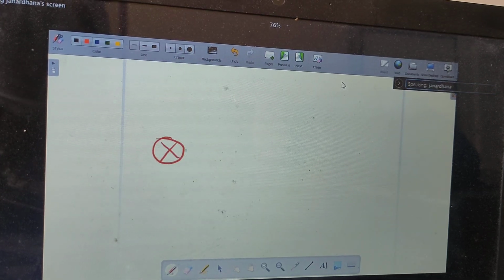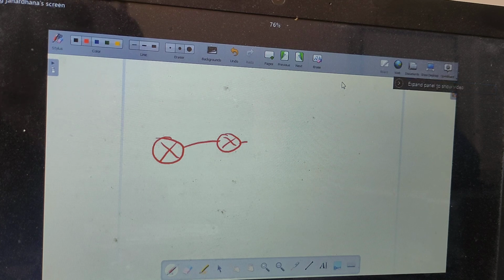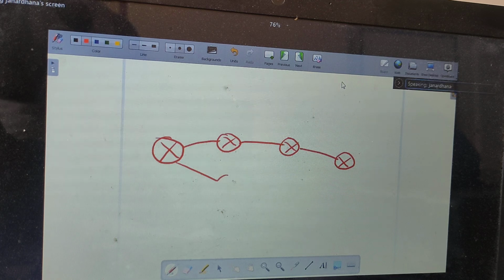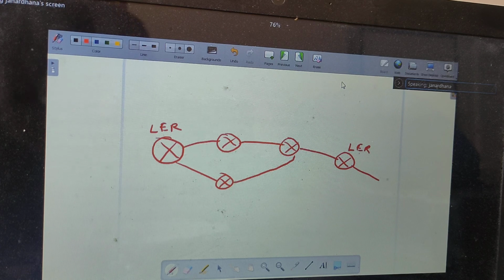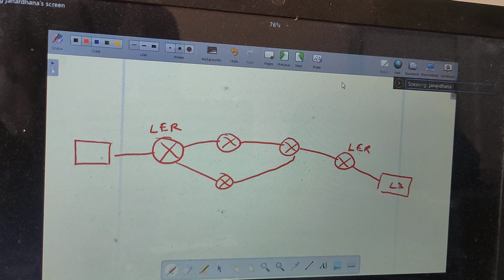See, this is your MPLS routers connectivity. As per what we have studied up to now, all are LSRs, and this is the LER and this is the LER. The LER is connected to our, if it is an L3 switch, for example, I will put the L3 switch here, and here also I will put the L3 switch. This is the actual IP packet. It is giving the full packet and removing the label. So these are all we know.